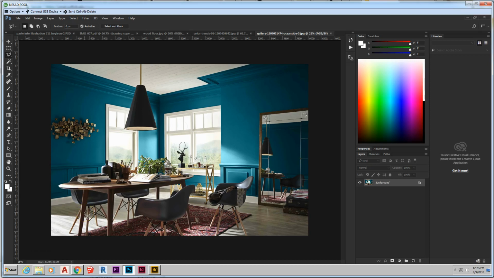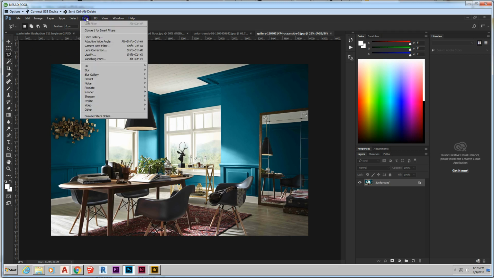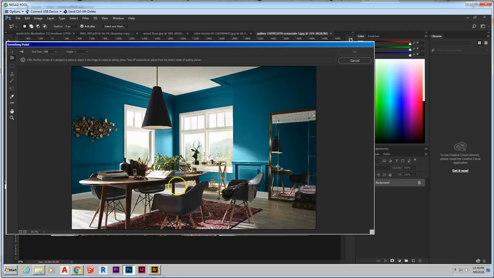This lesson, I'm continuing with the perspective tool. The vanishing point filter is available in Photoshop. Let's say I had this drawing and I want to experiment with what wainscoting along the wall might look like. So the perspective filter, the vanishing point filter, allows me to define planes,